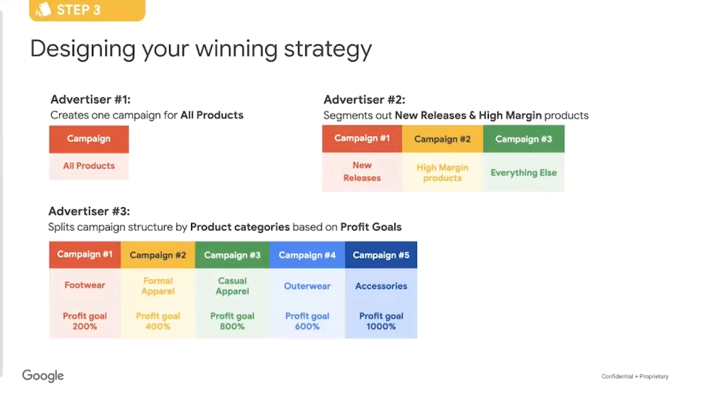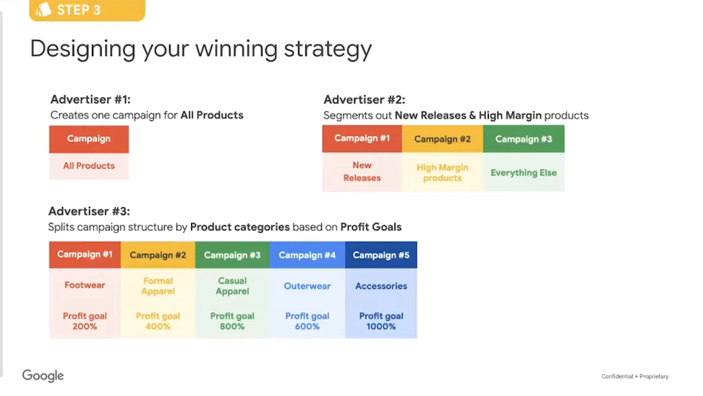This all leads to step 3, where you can combine steps 1 and 2 to design your winning strategy. You can see how 3 separate advertisers have decided to set up their smart shopping ads based on their business goals. Advertiser 1 has recognized that their main goal is to drive maximum volume of conversions, regardless of what product sells, as they have fairly similar profit margins. Because of this, they've created one campaign for all products to allow the machine to generate maximum transactions within the